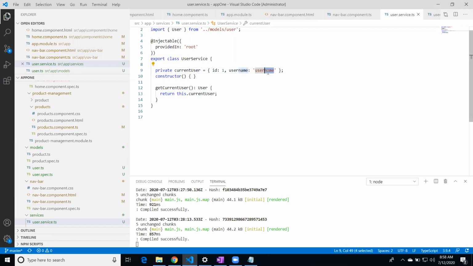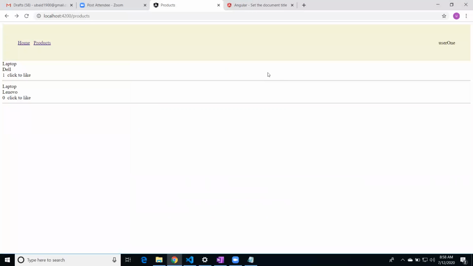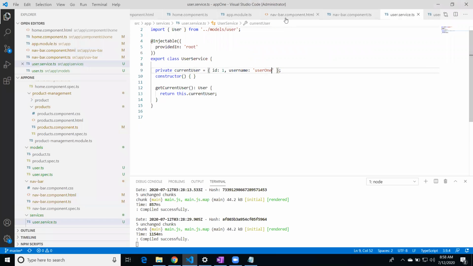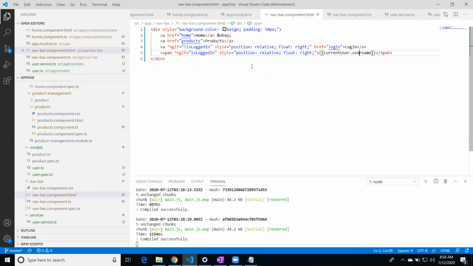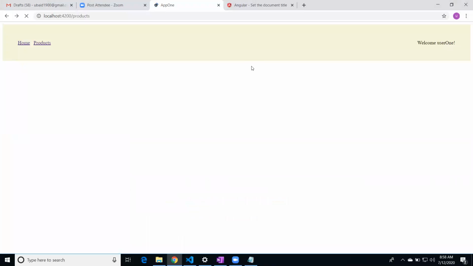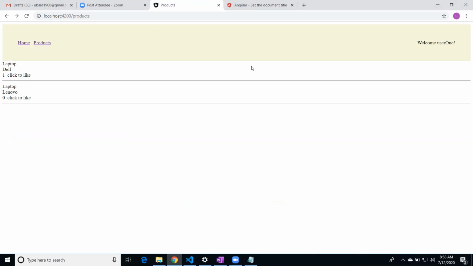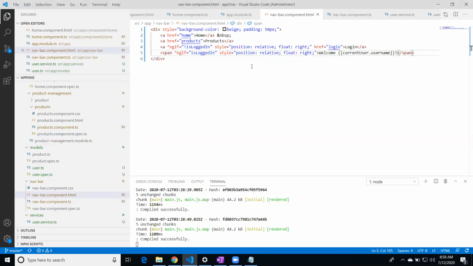Should have been a user1 instead of just plain username text. So something that indicates that this is user1. Normally, probably we have seen on the websites, they do something like this. Welcome. Okay, something like that. So now that that is taken care of, and we saw how to create a service,